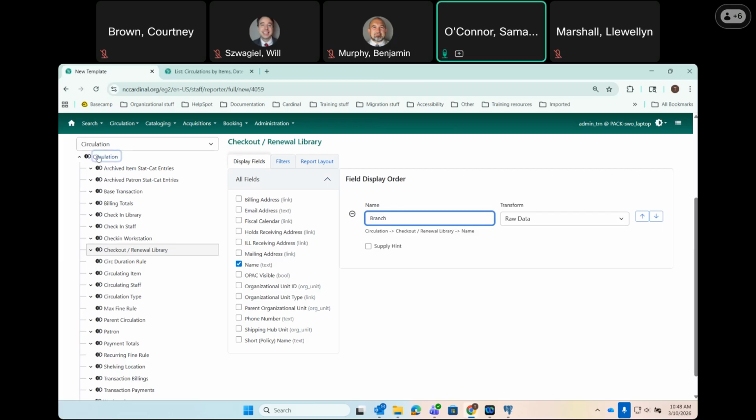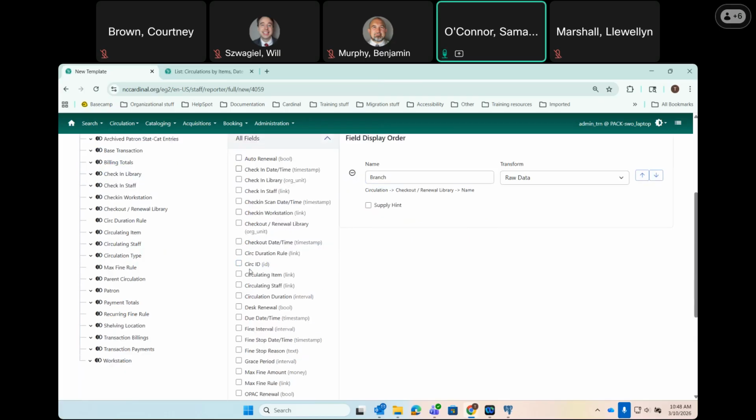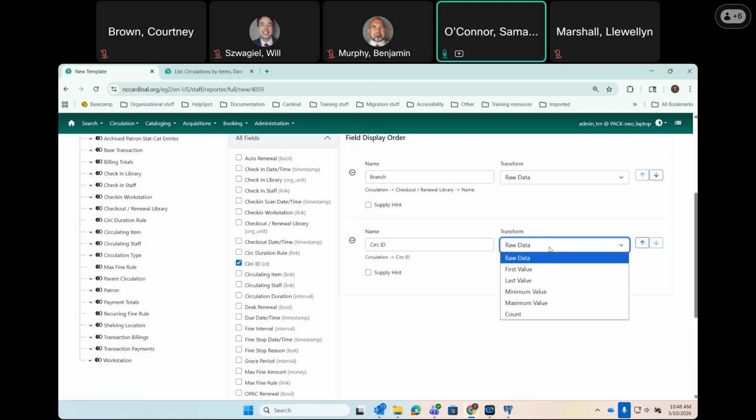I'm going to go back here to my circulation table. So just click on the word circulation in the leftmost pane. And I am going to go to the circ ID. So every time an item is checked out in Evergreen, that transaction is given an ID number. Evergreen will automatically assign a unique ID number to that transaction. That's called the circ ID. The way that I can get a count of the number of circulations that happened is by choosing this circ ID and counting them. So I just want to take this display field and go into the transform